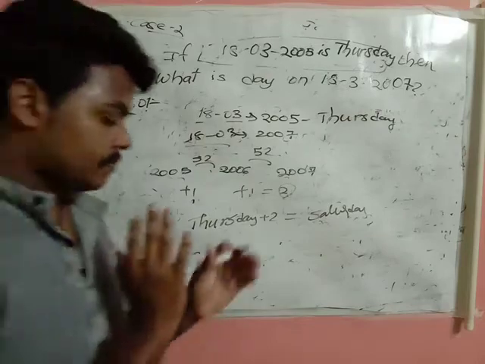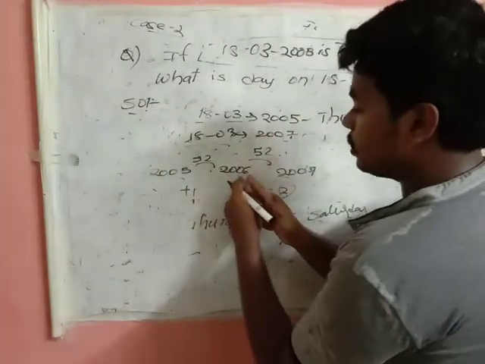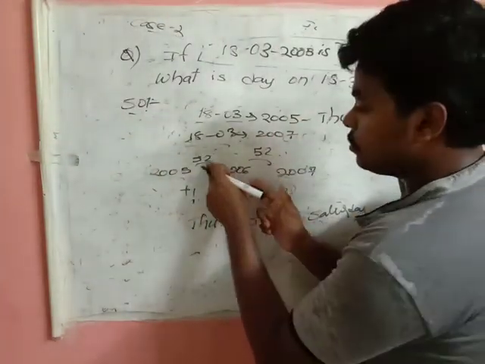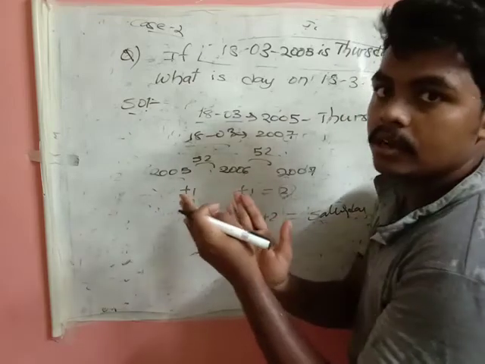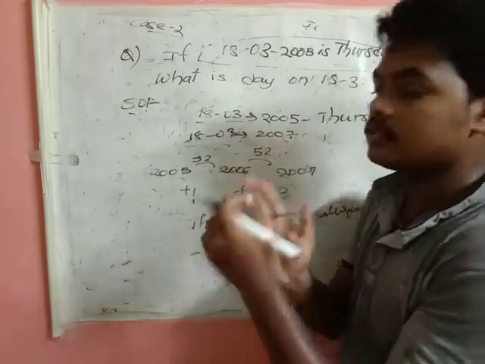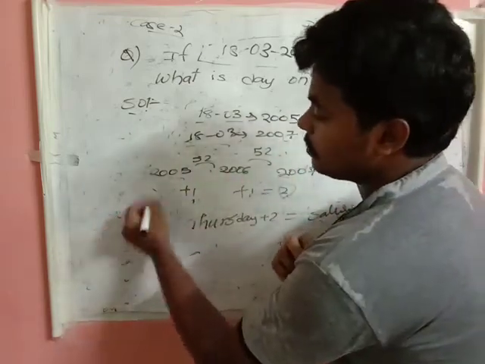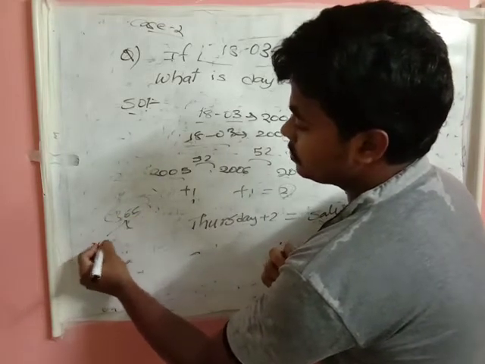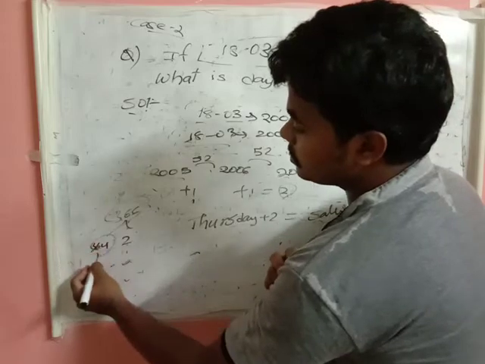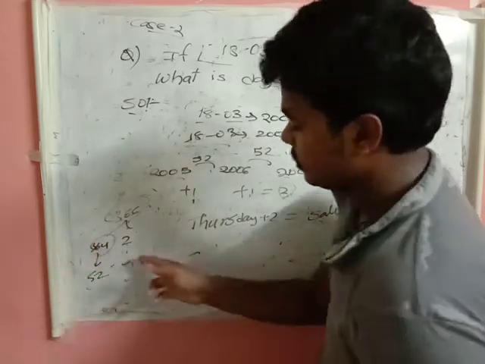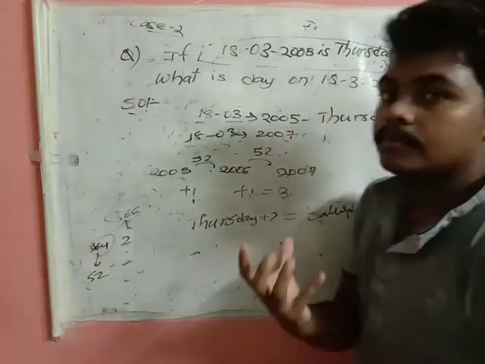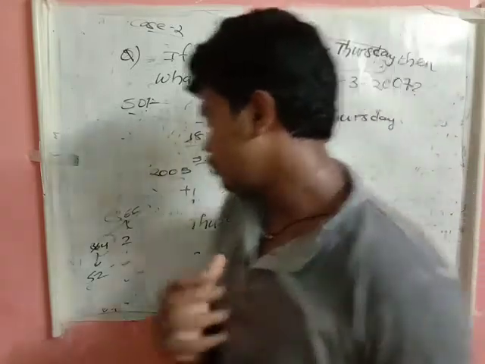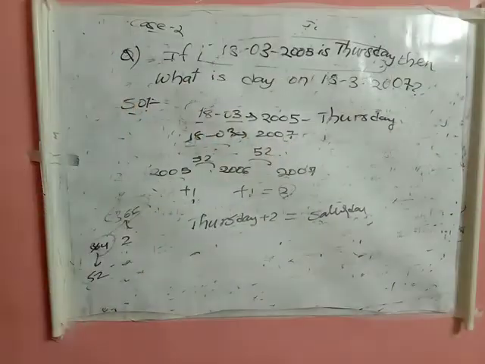But be focused. When you get a leap year, you put 52 weeks plus 2 odd days, because in a leap year we'll be having 2 odd days. In a leap year we'll be having 366 days. Out of these 366 days, I can write 364 days and 2 odd days. These 364 can be written as 52 weeks, so I'll be getting 2 as my odd days in the case of leap years. You just be focused on this. Pause the video and write all these things.